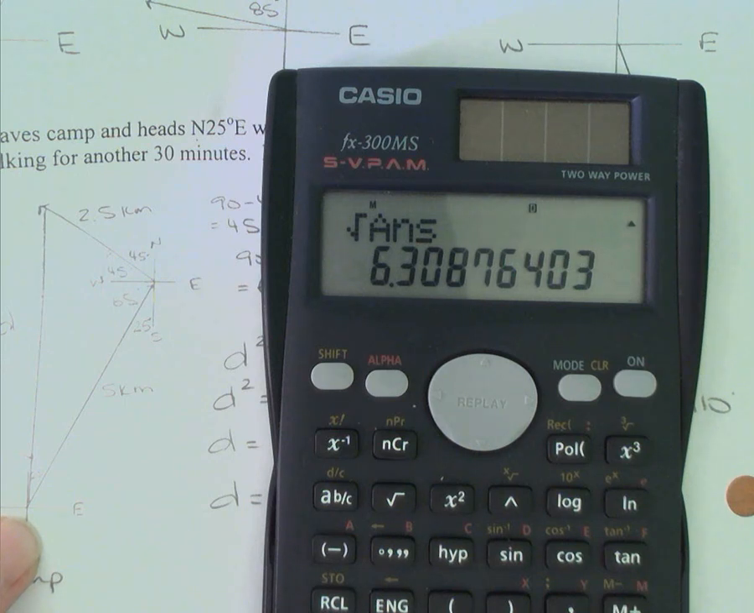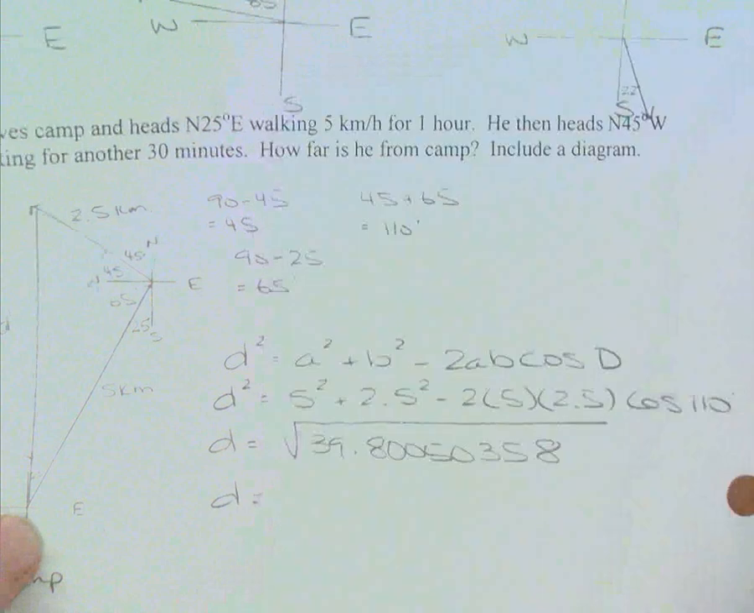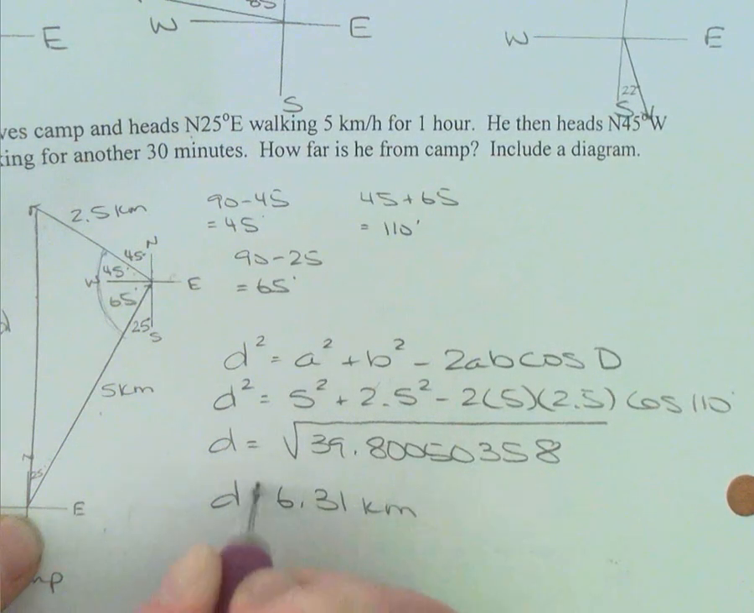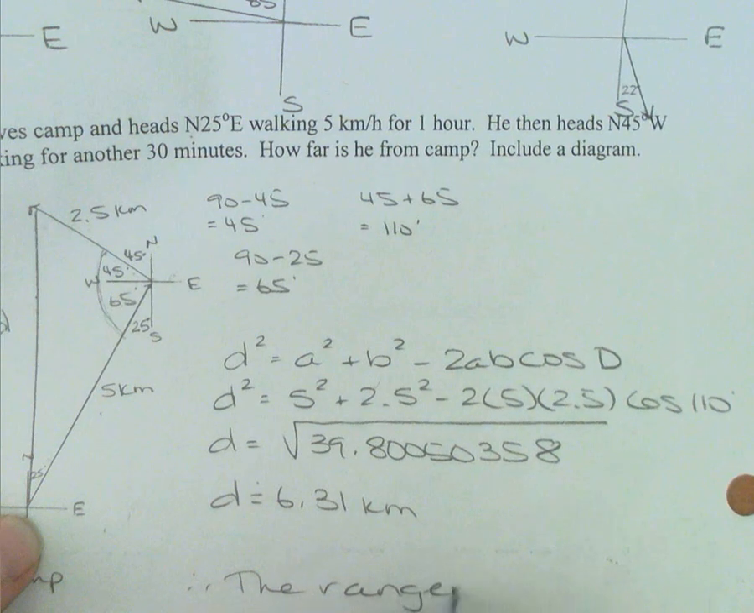And I get 6.31 approximately. So 6.31 kilometers. So that's how far he is from camp. So therefore, the ranger is about 6.31 kilometers from